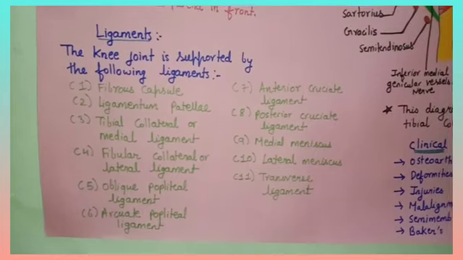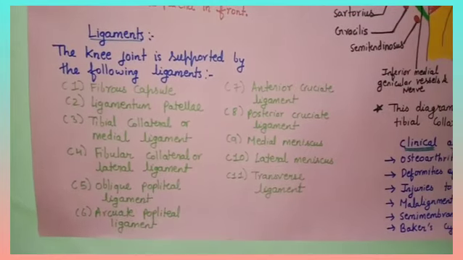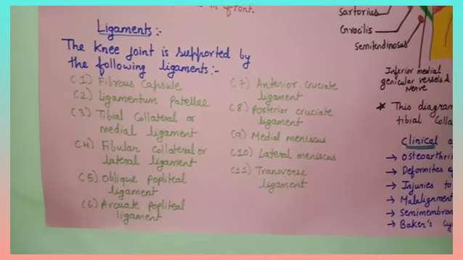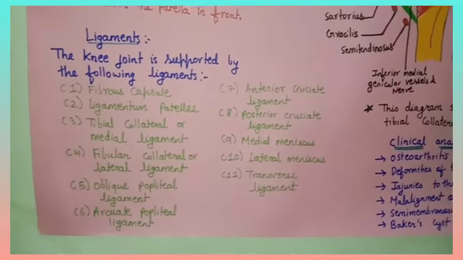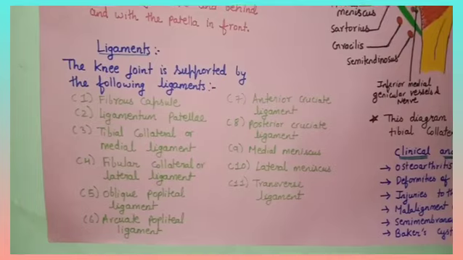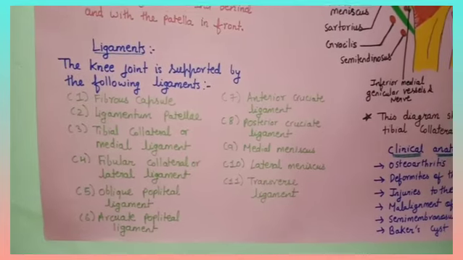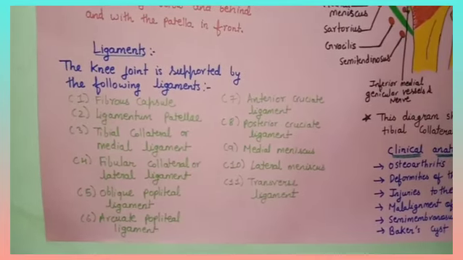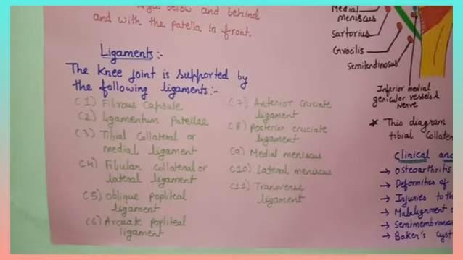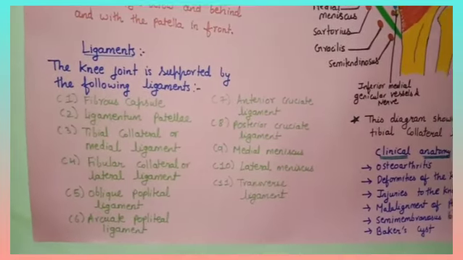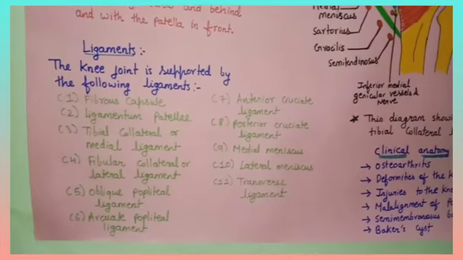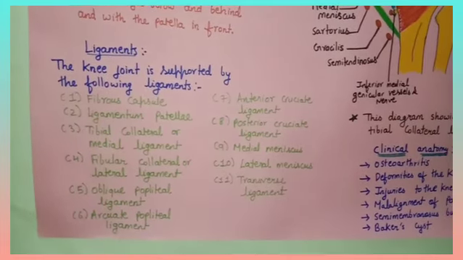Second, ligamentum patellae. This is the central portion of the common tendon of insertion of quadriceps femoris. It is about 7.5 cm long and 2.5 cm broad. It is attached above to the margins and rough posterior surface of the apex of patella, and below to the smooth upper part of tibial tuberosity.